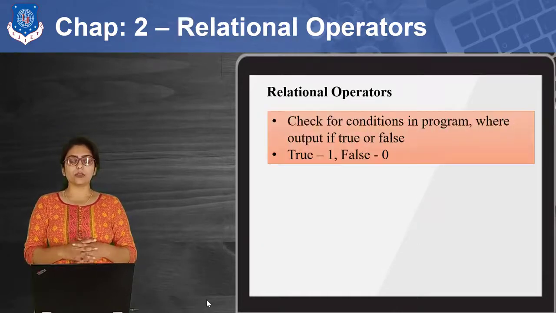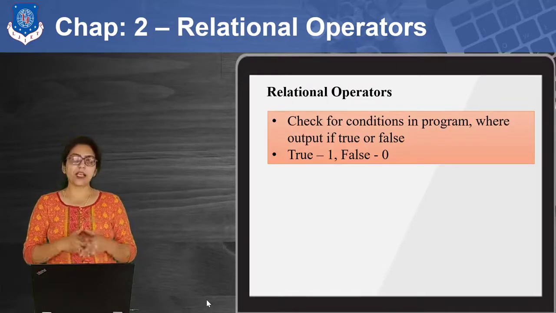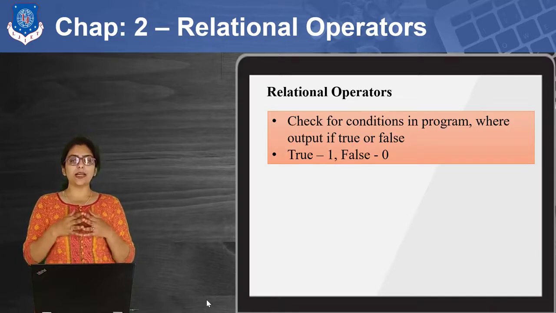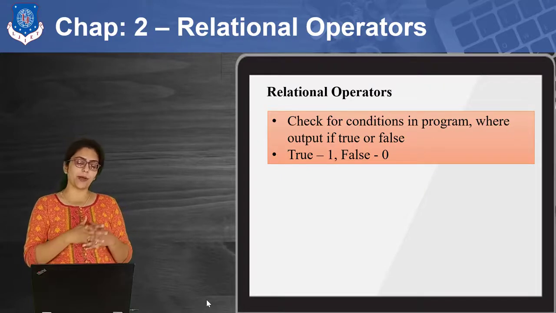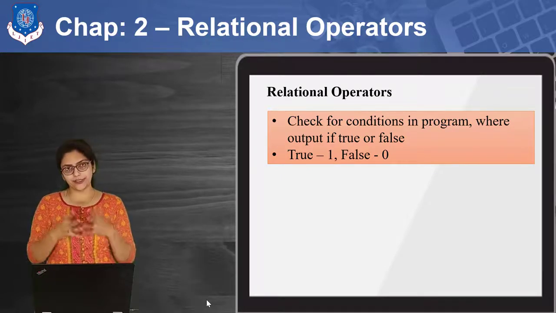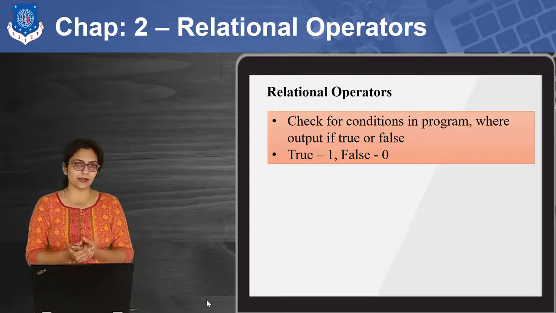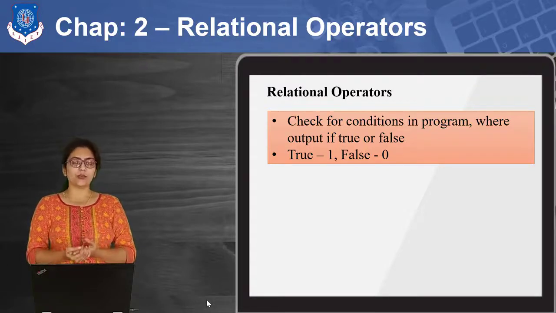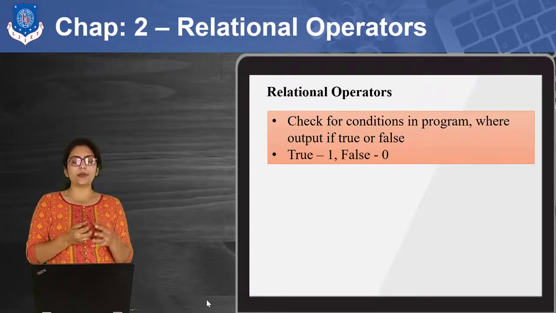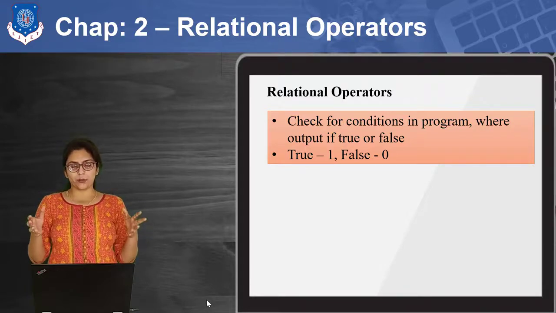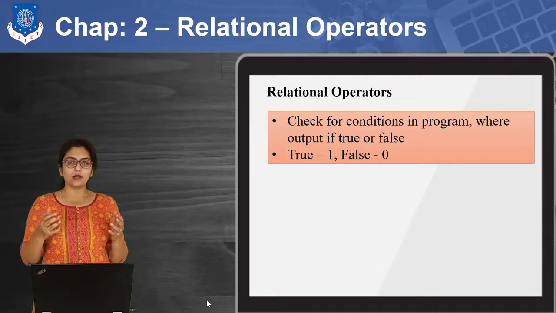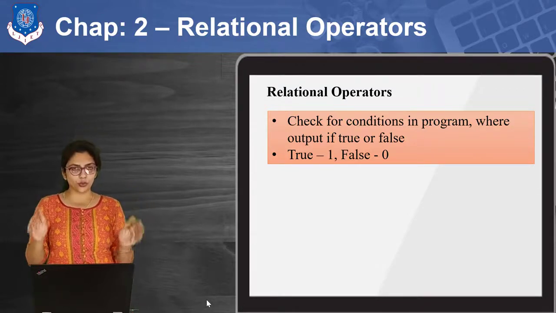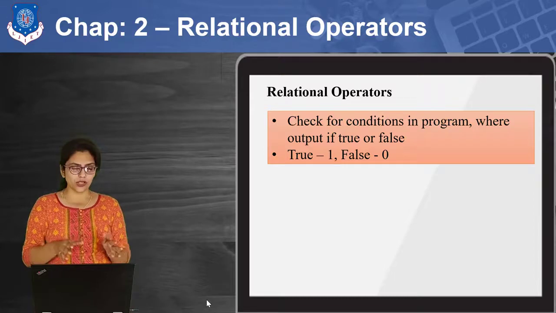Now it's all about the relational operator. Sometimes in our program we may need to compare two operands. Suppose I want to compare two numbers or two quantities, A or B or something like that. At that time, I can use a relational operator. So basically, when we are comparing two numbers, our answer can be either true or false. Either whatever condition we have written is true, otherwise it is false. So the answer can be two options only.